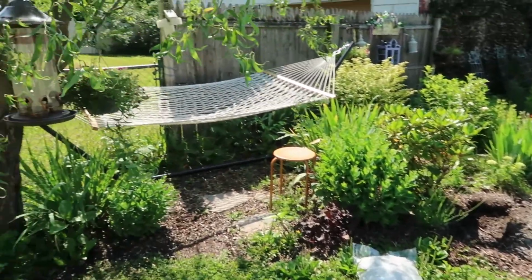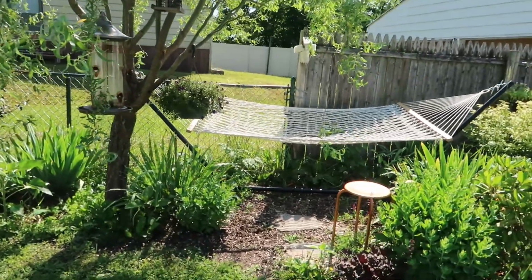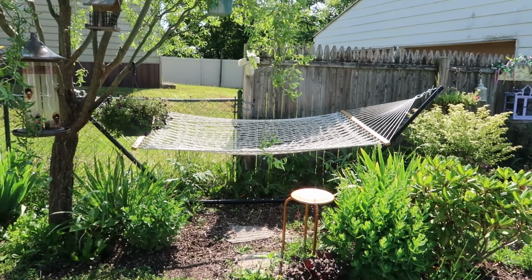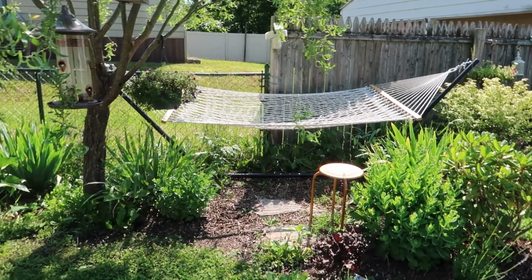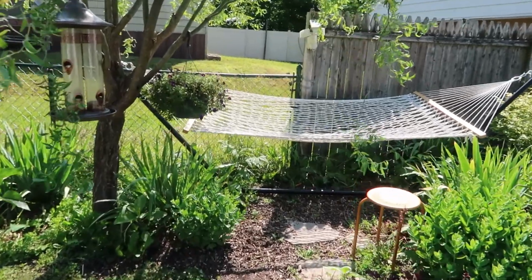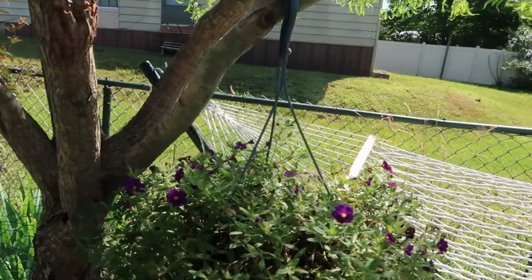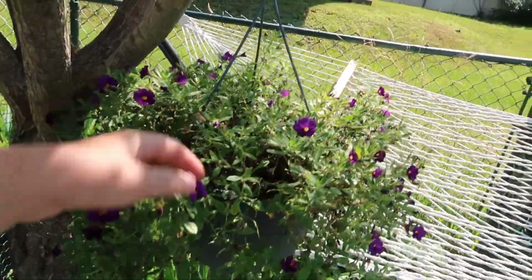Over here I have my hammock, which I love laying out in the summer. Or you know, I pretty much put it away when it's like 40 degrees. I love hanging out on it so much. Have some of these plants hanging here to add some color. These will need to be a little deadheaded too, but